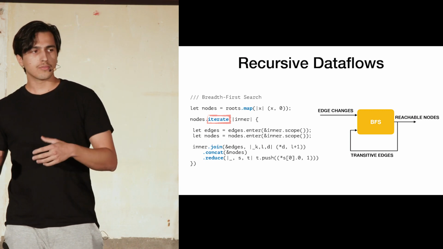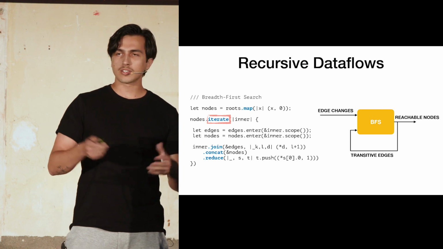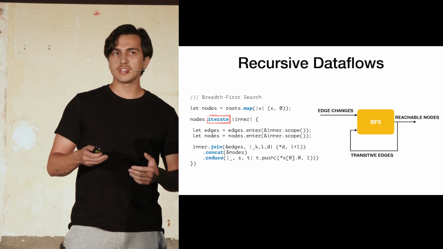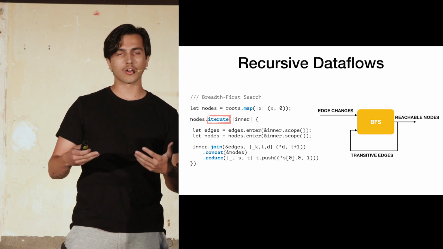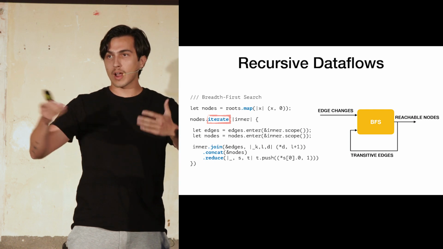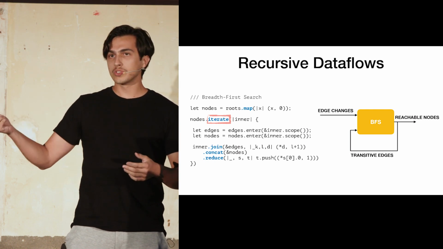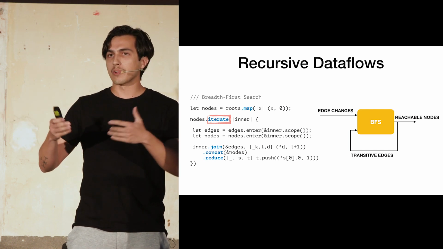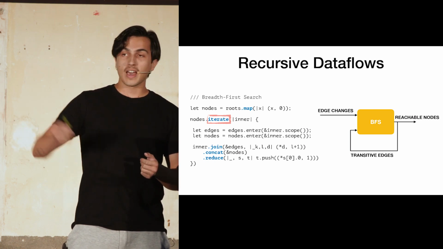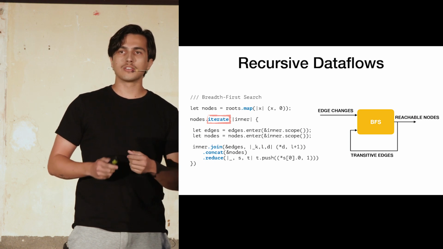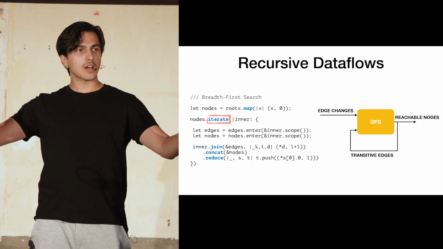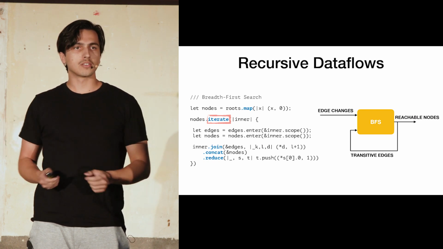And if you think about it, for something simple like a breadth-first search, it makes a lot of sense because one input of our breadth-first search is the stream of changes describing our graph. So new edges and edges that are removed and how the graph evolves over time. The output of our breadth-first search is, for example, the set of nodes that are reachable from our starting node. And the feedback edge that loops back into the data flow reports the transitive edges that we discover as we iterate through this graph.